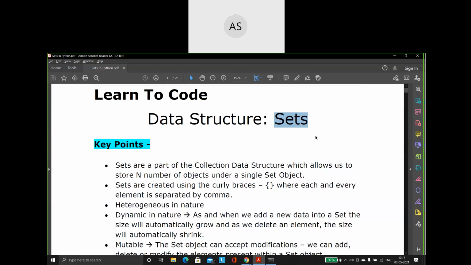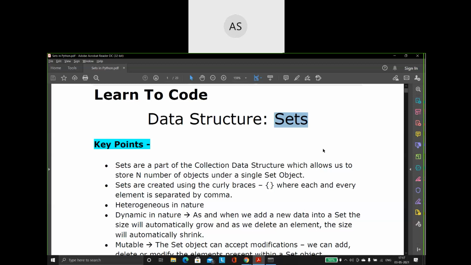And then we saw about tuples. I told you that there is not much difference between the list and the tuples. It is almost the same. The only thing is lists are mutable, that is, a list can accept modifications. So if we want, we can add more data or delete some data from the list, but tuples are immutable. Once we have created the tuple, it does not have any functions to add or delete any elements or make any modifications. Those things are not possible with tuples. So this is the basic difference between the list and the tuples.